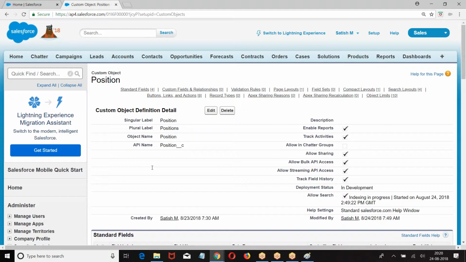Tables and objects both are same. See, now there are two things: data and metadata.